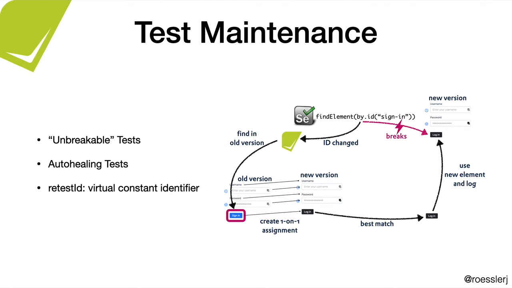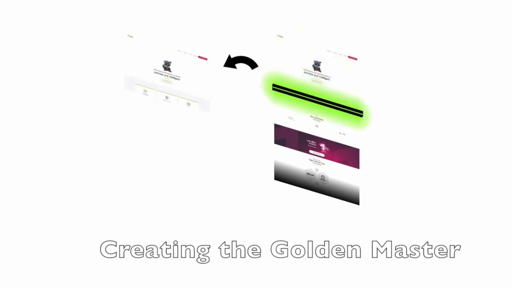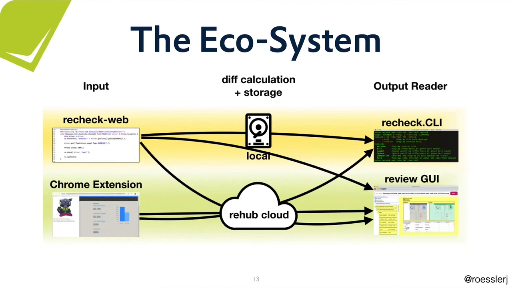And now you can go one step further using the ReTest ID, meaning that you don't even have to use an actual ID on the website. The idea of the ReTest ID is, with Golden Master Testing, we essentially create a copy of the website. Now we introduce an additional identifier into the copy on the website that's not even displayed, so it cannot be affected by change, meaning that you can always reference that element using that ID, and however the website changes doesn't affect that ID. This gives us an overall ecosystem where you can have manually automated tests or AI-based automated tests,